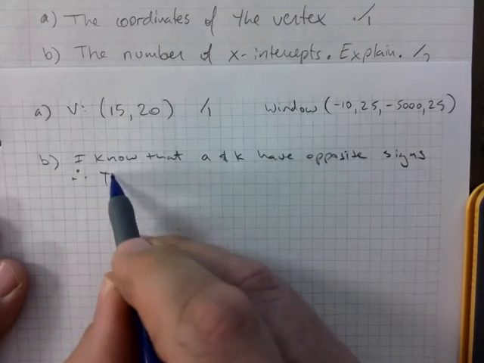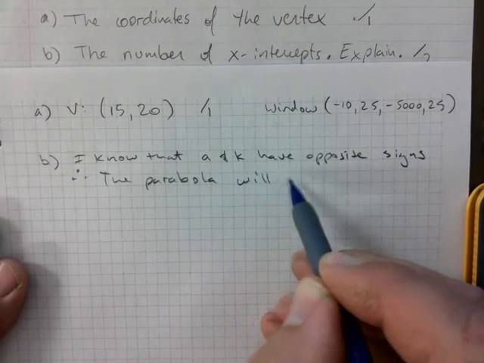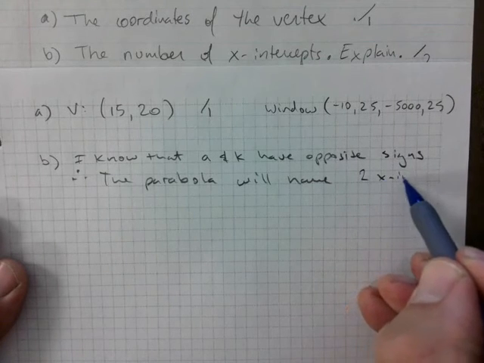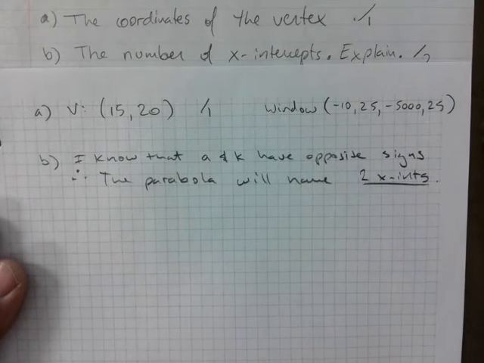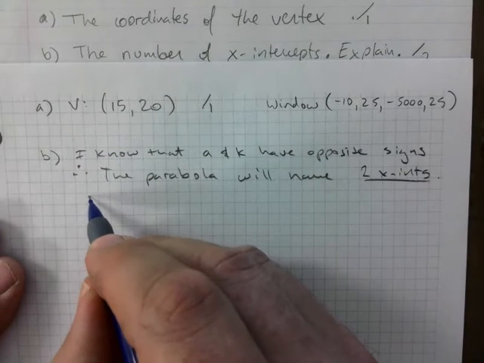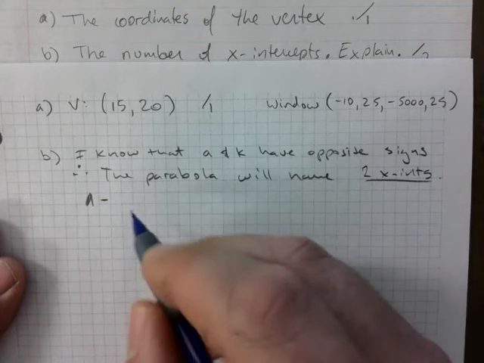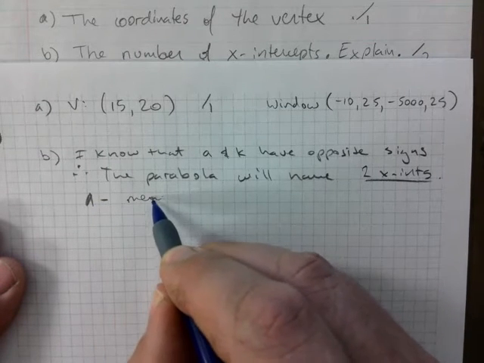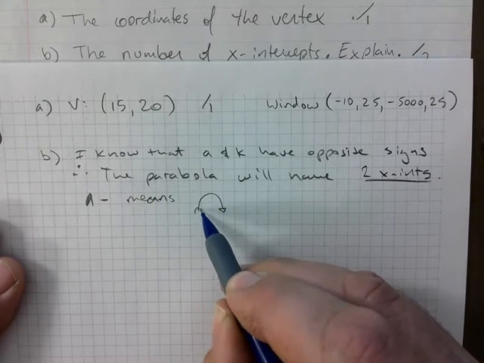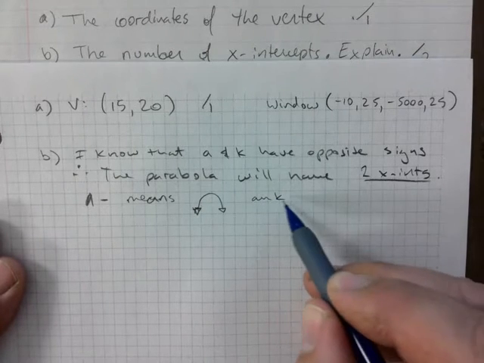Therefore, the parabola will have two x-intercepts. If it's 2 marks, you should expect there to be a bit more, right? A positive, a negative means, right? Means you can do this if you want, right? And